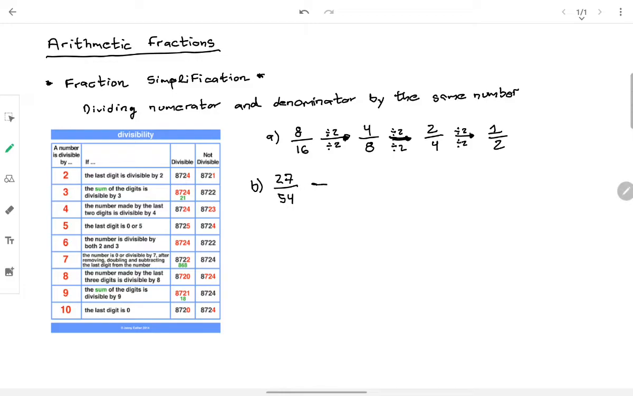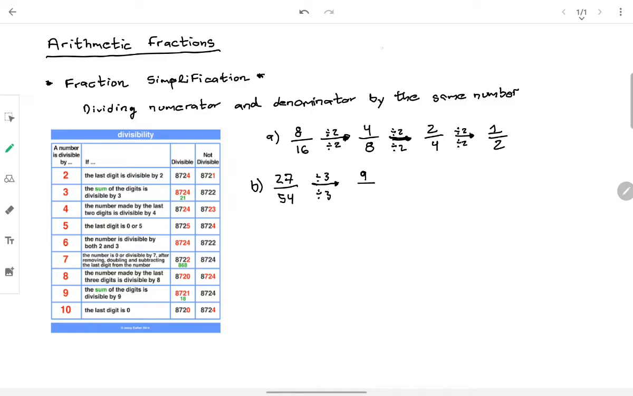So here we can divide by 3 because if we make the sum of these digits, 2 and 7 gets 9, it's divisible by 3. 5 and 4 also gets 9, divisible by 3, so we will get 9. And if we divide 54 by 3, we'll get